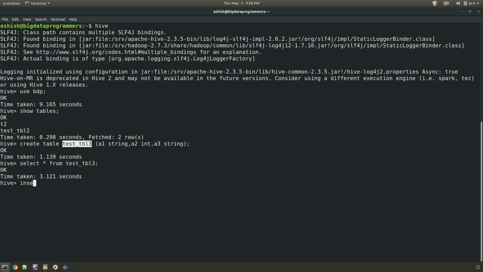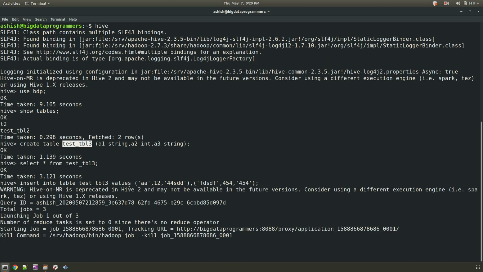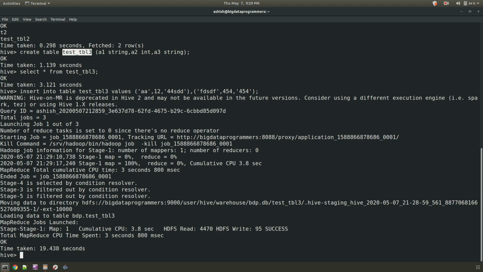Now to insert some values into it, you need to fire a command: insert into table, the name of the table, and then values. We are just putting in some random values, and then another row. The delimiter here is a comma, and then a semicolon. Now if we fire the same command, select star from test table 3, you will get the 2 rows